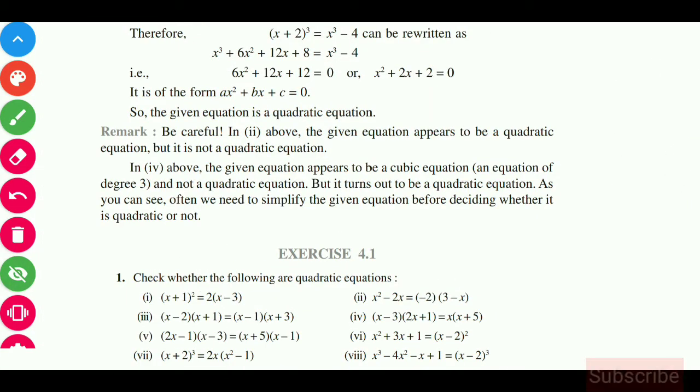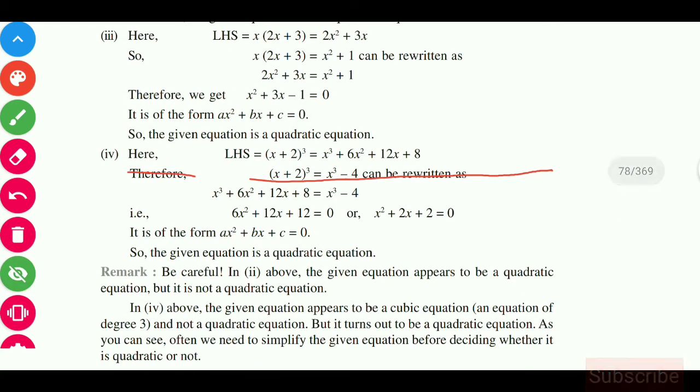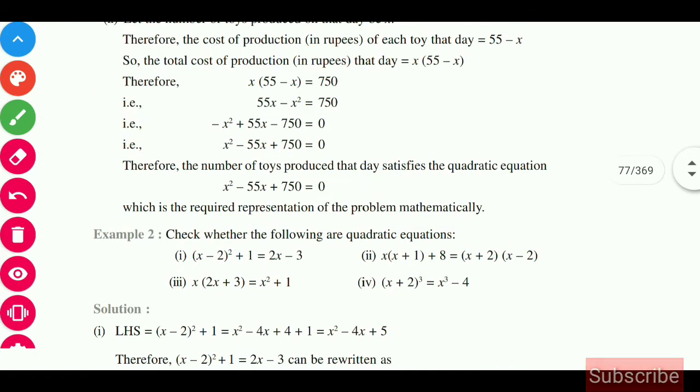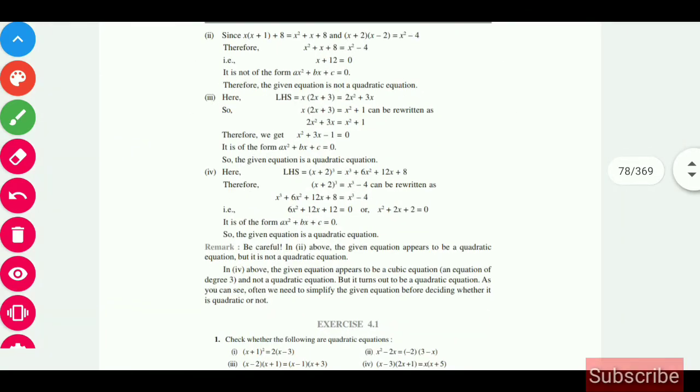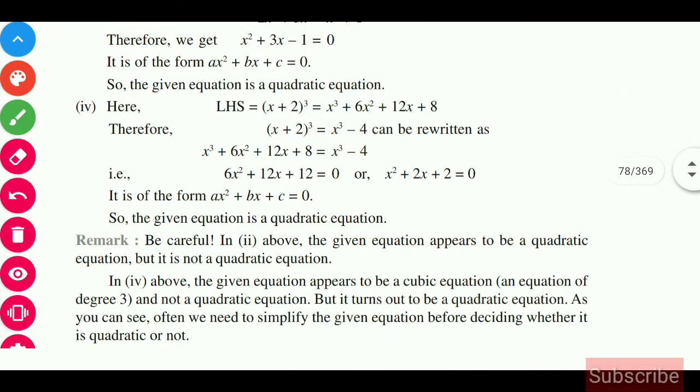So in equation 4 above, the given equation appears to be a cubic equation. Okay, let's move to the given question. Here it appears to be cubic as we are given x plus 2 the whole raised to 3. It appears to be cubic, and also in the RHS we have x cube. But when we simplify it, we will conclude that it is not a cubic polynomial, but a quadratic